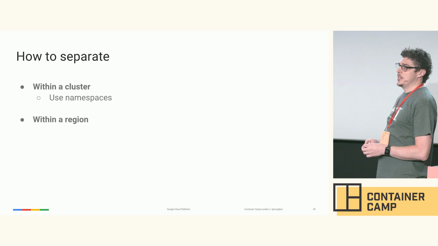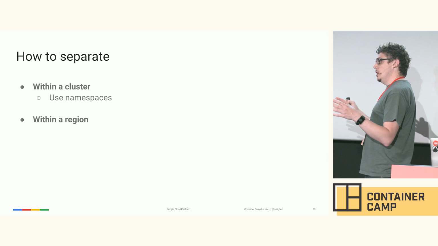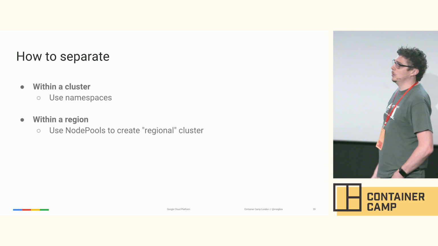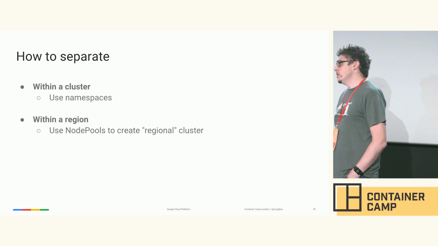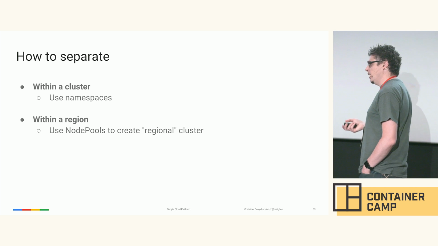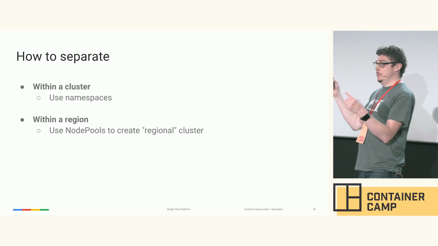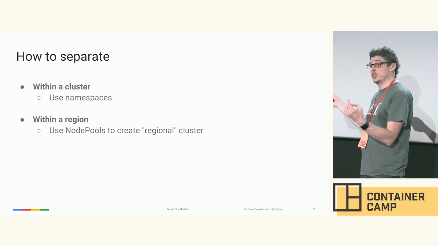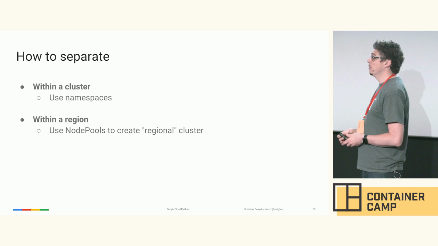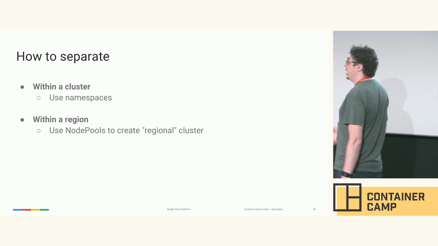If you're running within the same region, perhaps in a cloud provider where you have some geographical spread, but it's very, very close, use node pools to create a regional cluster. So again, this is something you can do with a click on GKE, but you can also do it with a command line or in other clouds. You tell it that you have multiple nodes in multiple zones, and it will spread your nodes as you deploy them throughout those zones. That way, again, if a single zone gets burninated, then you're fine.